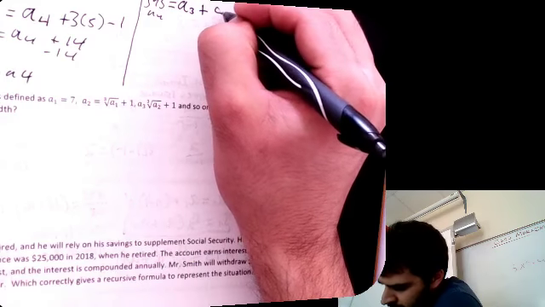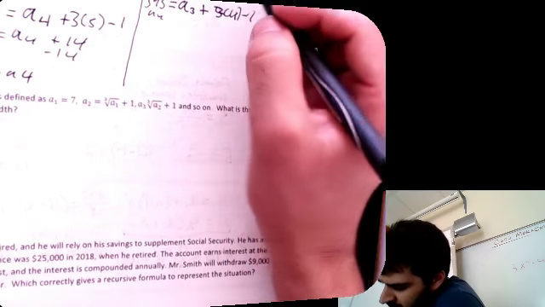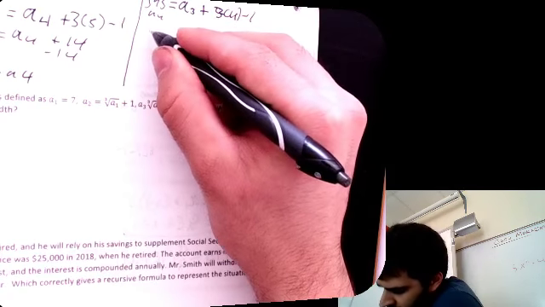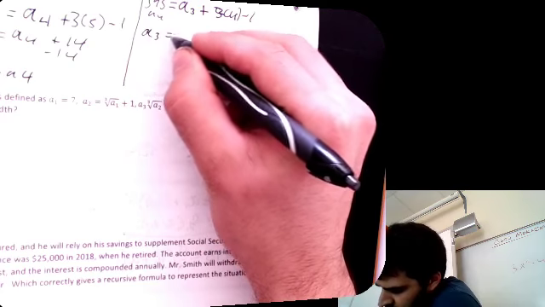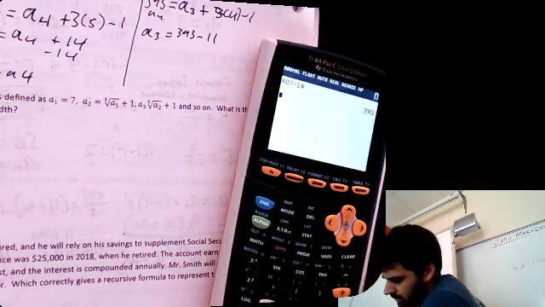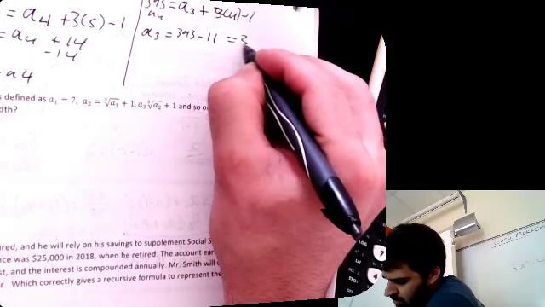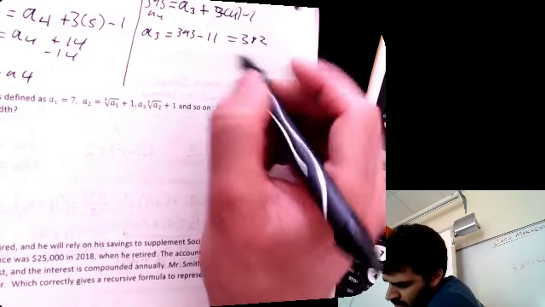So 3 times 4 minus 1, 12 minus 1 is 11. So that means A3 is equal to 393 minus 11. So 393 minus 11 is 382. So A3 is equal to 382, which means that